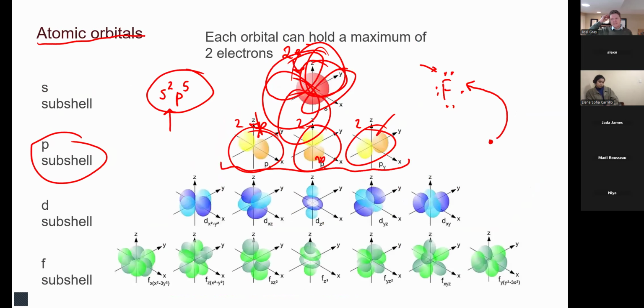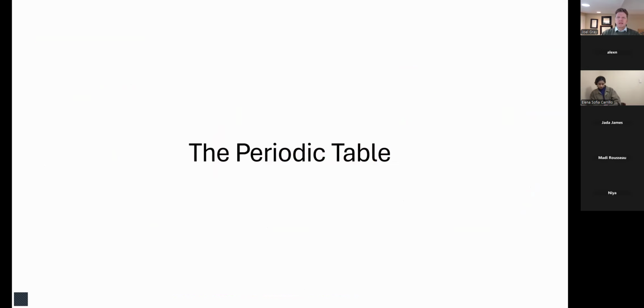Okay. The next thing is the atomic orbitals. This is something that I know folks were getting a little bit mixed up on, because this is kind of abstract, kind of weird and crazy. Now, what I want you guys to do is think about subshells as basically locations where you're going to put electrons. Electrons are outside of the nucleus, but they're not just completely random. There's some organization and order to them.